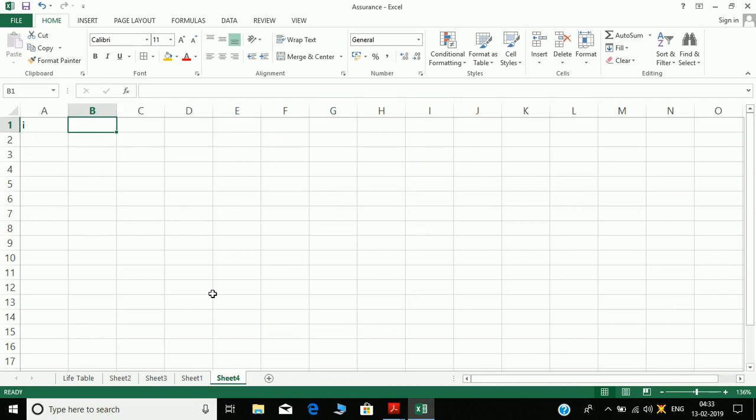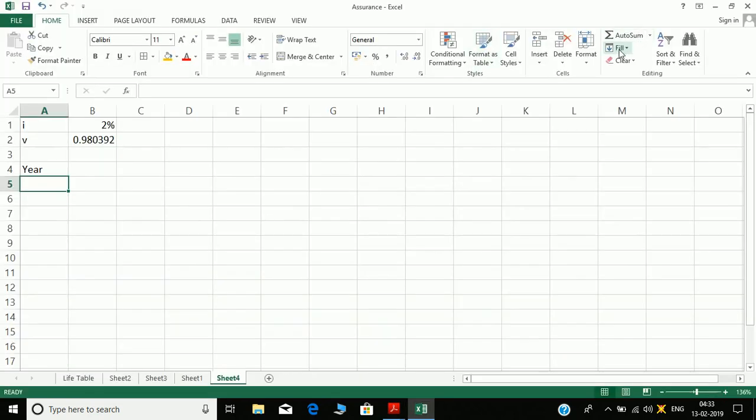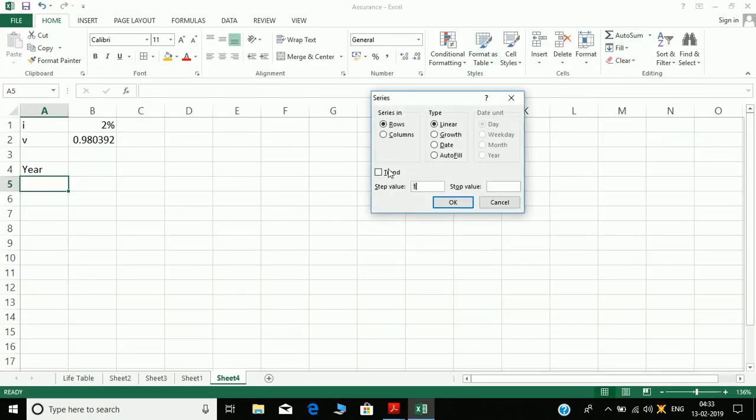So we can write i is 2% and say v is equal to 1 by 1 plus i. So this we know, and then it's a term assurance, so our time is 15 years. So here will be fill, series, columns, stop value.